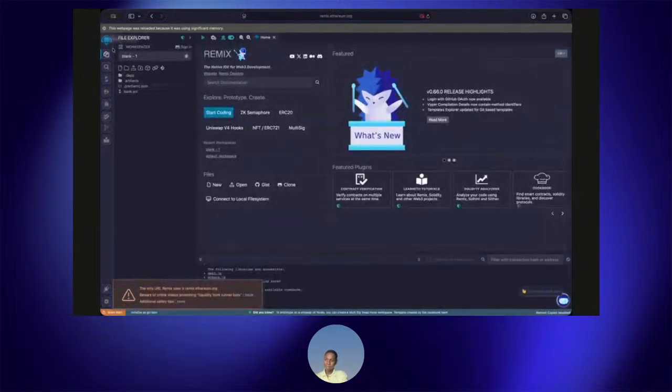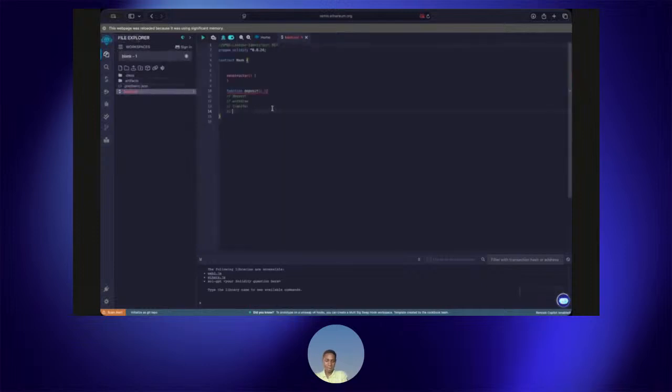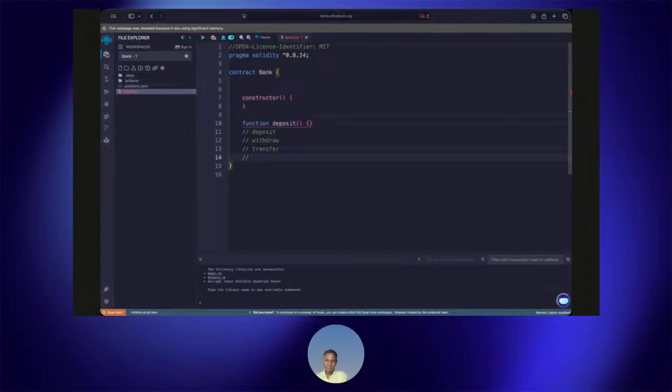I think there's some issue with Remix today. So we can have some getter function to get balance, which will allow you to get the current balance you have. So we are going to write these 4 functions, allowing us to have access to our account, to transfer, to withdraw, and then to deposit.